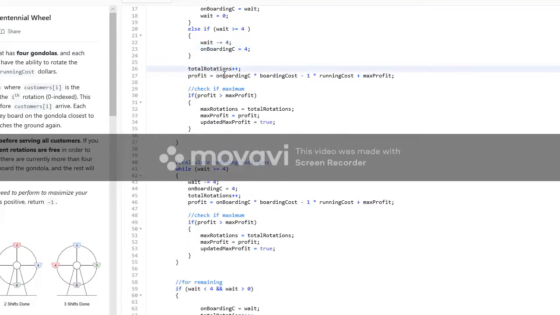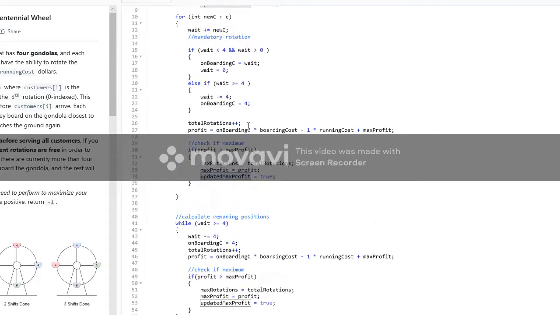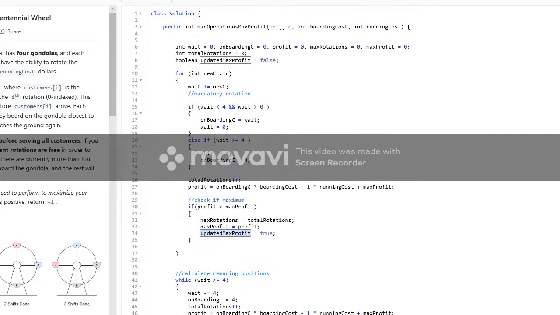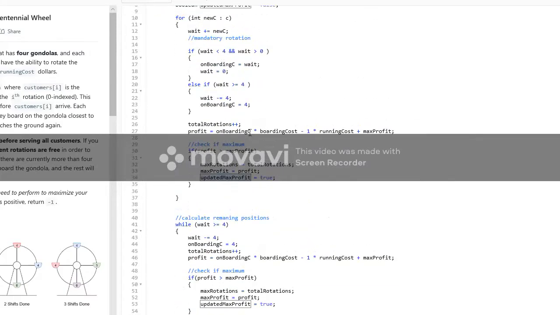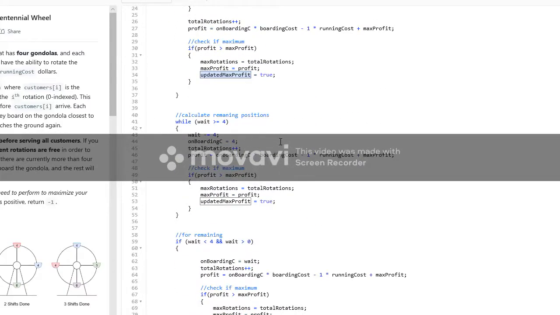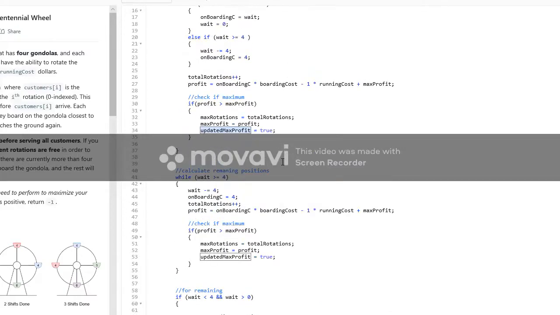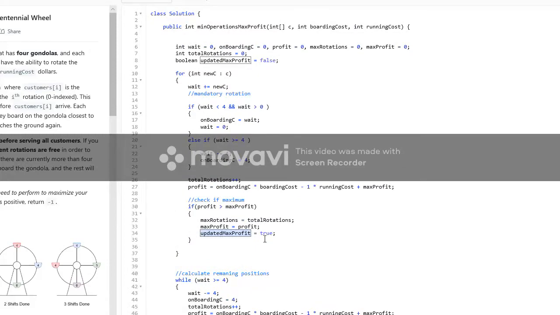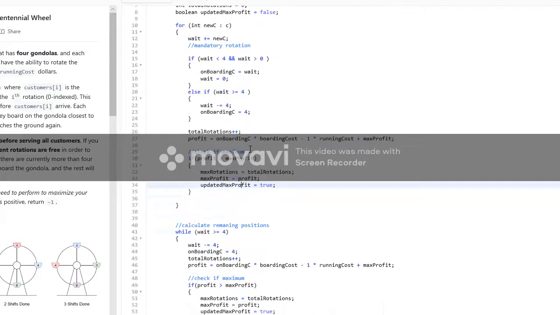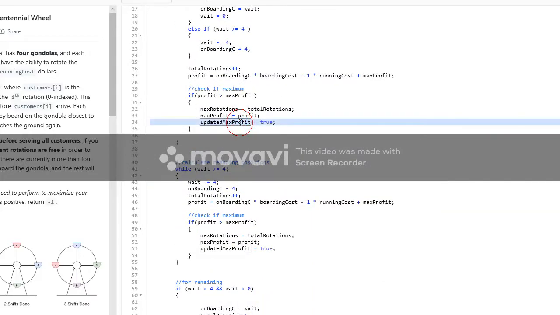We increase the number of rotations, apply the provided formula, and see if the profit is bigger or not. Looks like I have a couple of variables here that are not being used. They are remains from my development. Sorry for that, but it's okay.